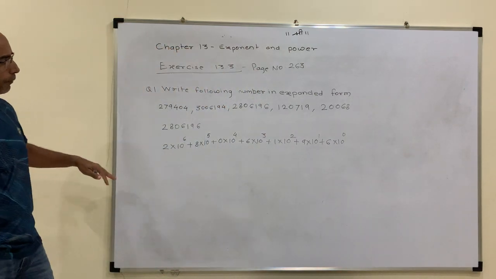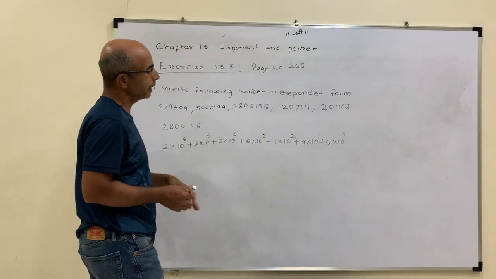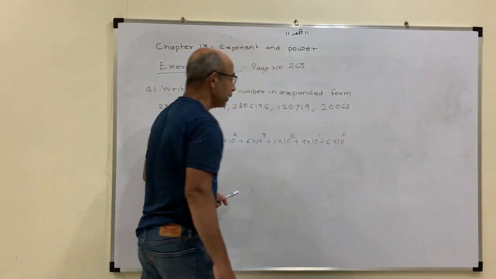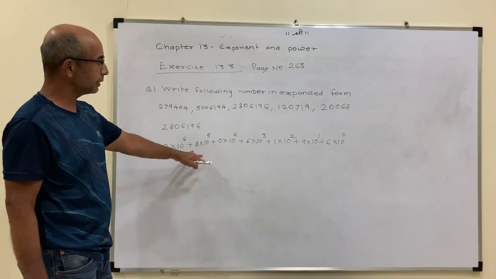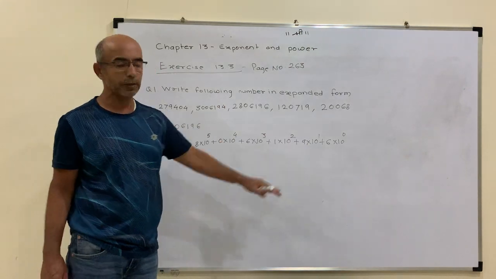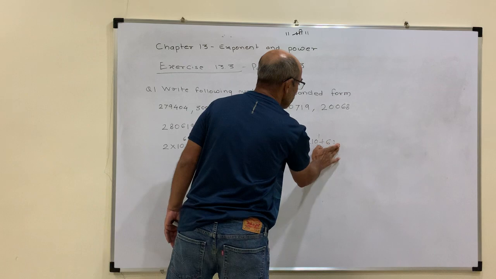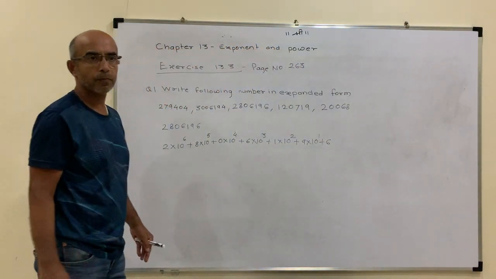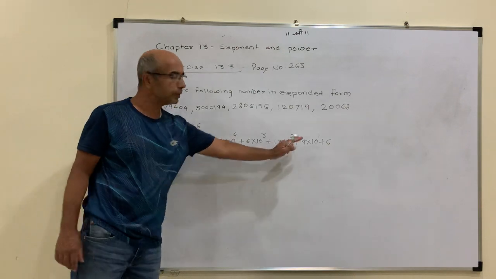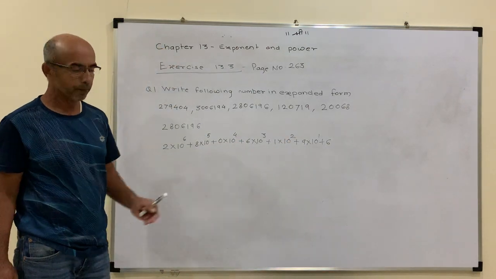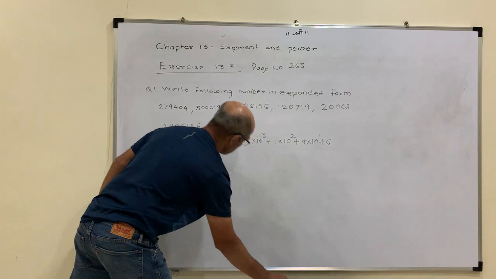In your expanded form, you don't need to write 10 raised to 0, but if you want it to be consistent and easy to understand, then you can continue up to that form as well. But if you don't write, that should be okay. You can write simply 6. So you count from 1 to 6, or you decrease from any number to 1. Now move to the next one.